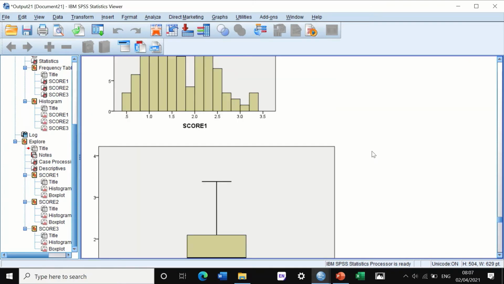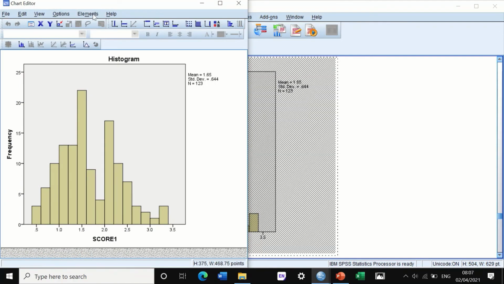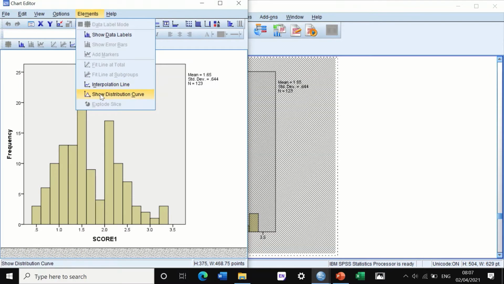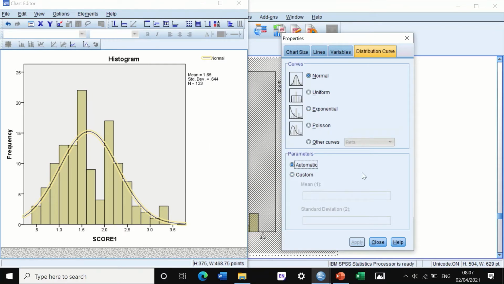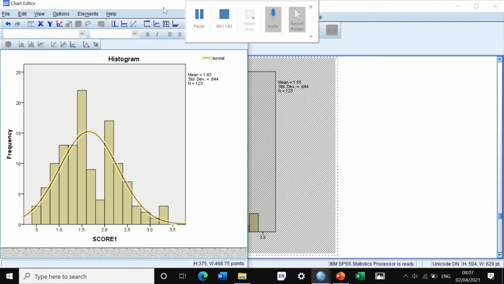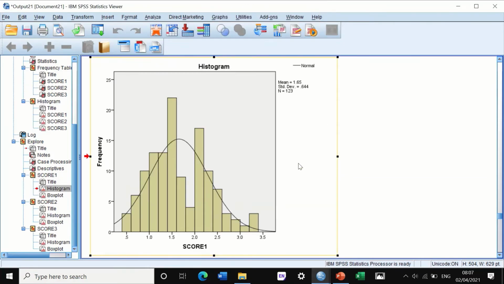And as I showed you, if you want to insert a curve, you just click on the graph, then click on Elements and insert the curve. So I have shown you four different ways of how to draw a histogram in SPSS, and to look at your data, scrutinize and screen your data to see if there are any abnormal values in it, or if the data are distributed normally or not, as it is the first step toward doing a